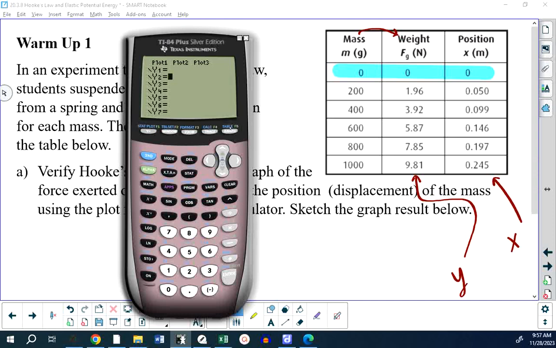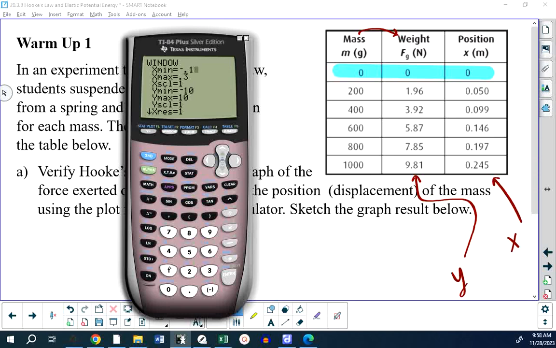If I were to go graph, I'm not going to see anything, and there are a couple of reasons. One of the reasons is I need to go to my window settings and set them up to reflect this data. So my x goes from nothing up to 0.245. I want a minimum x from 0 to 0.245, but I like to have some cushion room on both sides. So instead of going up to 0.245, I might go up to 0.3. And I might start at negative